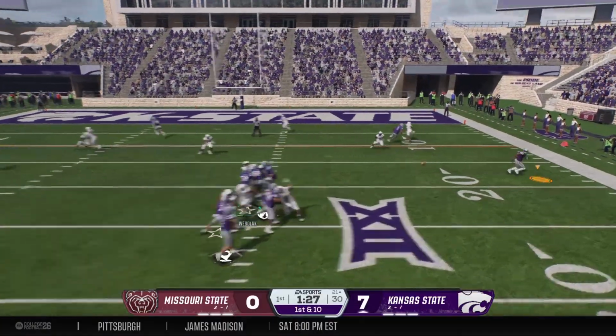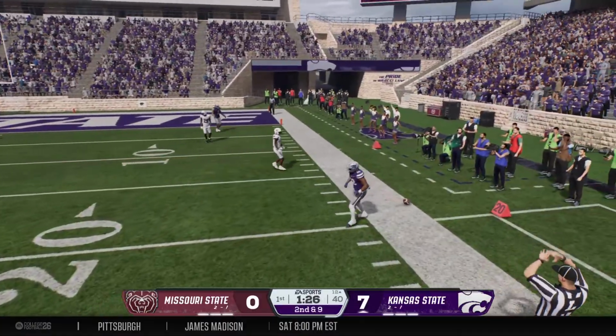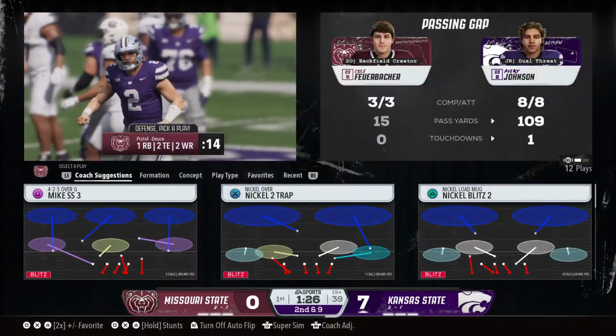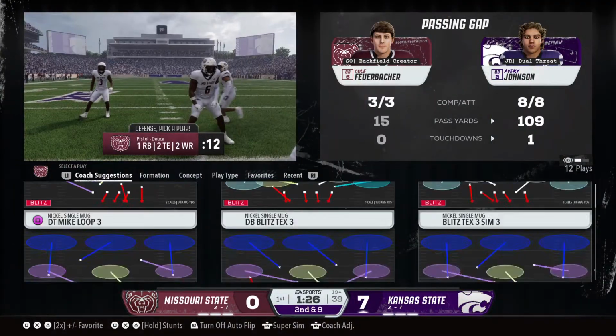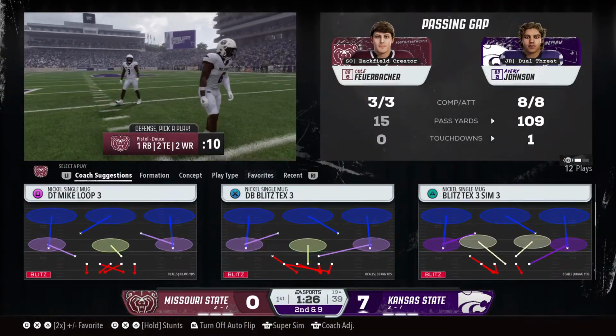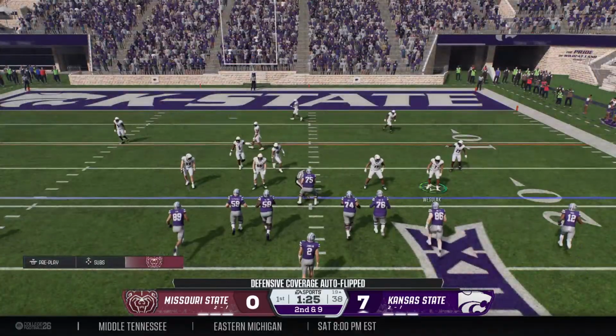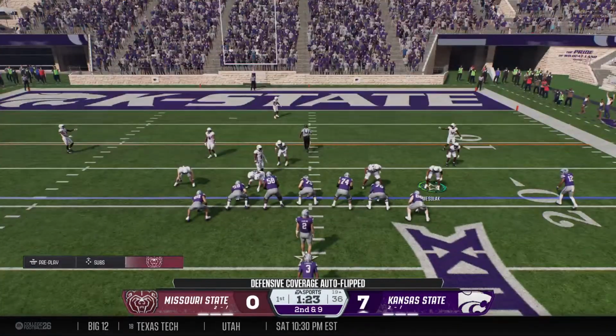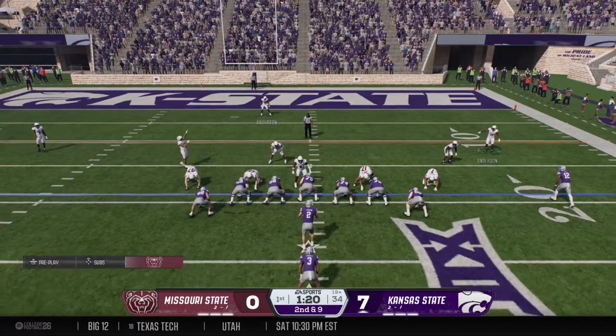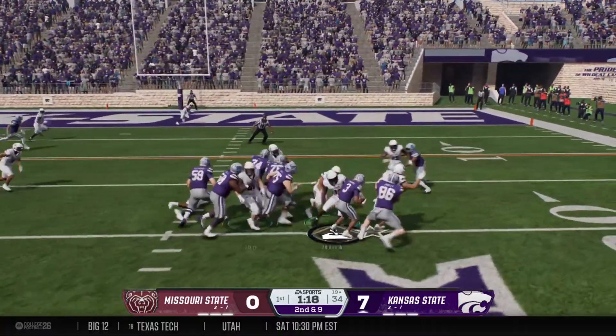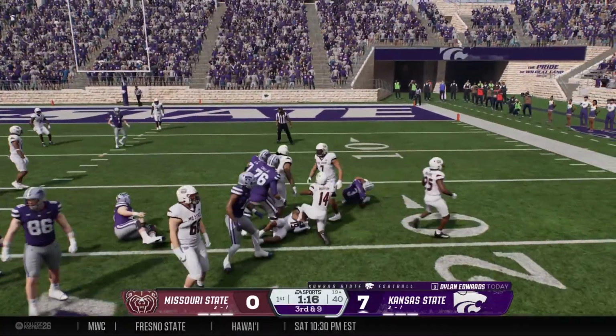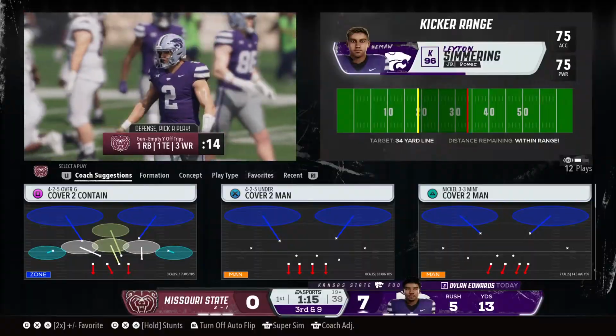Looking to throw on 1st down. Good timing on the quick out. Nice completion here to this wide receiver, and you're going to see this receiver line up in different spots all over the field all game long. Defense has got to keep their eye on where this guy is because they know he's a big part of this offense's success. On the move. And this one will be stopped for no gain.